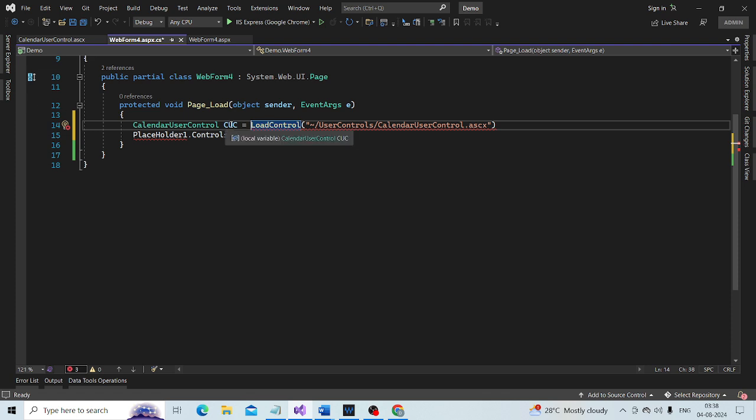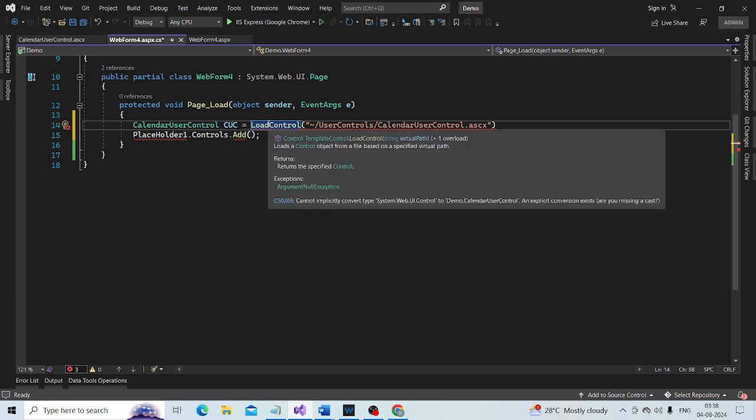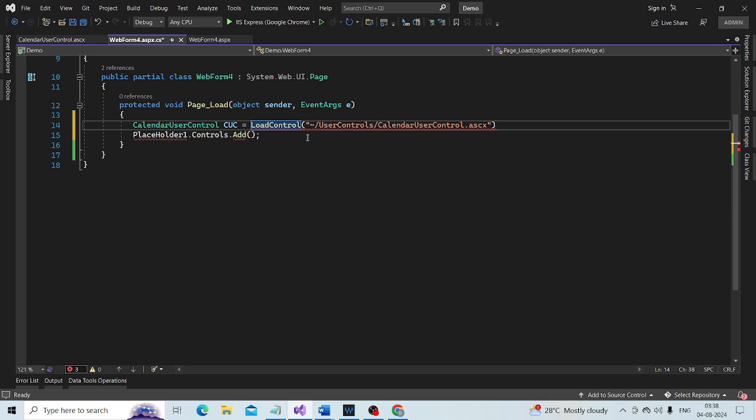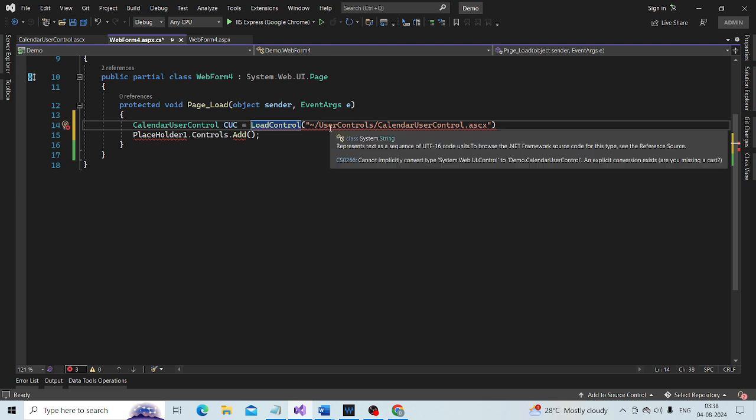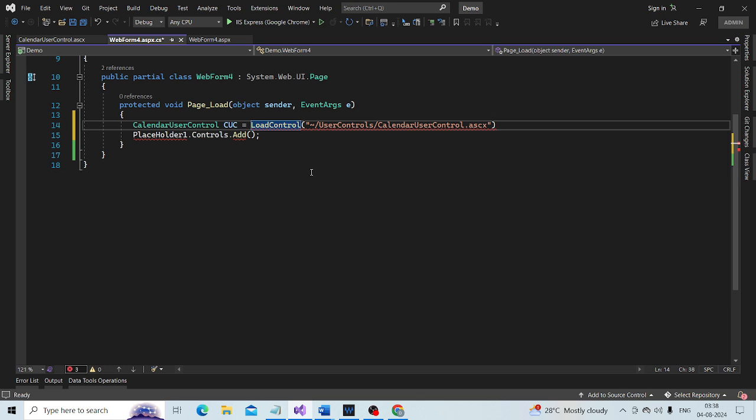This is the CUC, calendar user control, is equal to load the control, but then here we get a type conversion error. So I am going to typecast that to calendar user control.